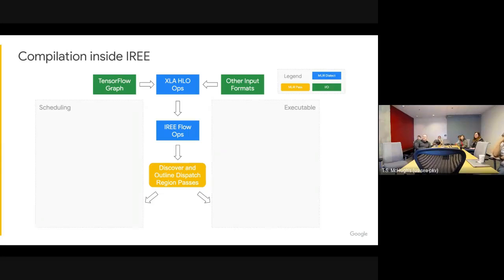And so now the same thing with rectangles. So again, we're starting with getting to HLO as our core ingestion. And the first thing we do is we want to split the work as we're going through it into the scheduling domain and the execution domain. And the execution domain usually just means the dense math ops. So this is in the HLO set. It's like add and mul and dot and convolution and things like that. And the scheduling ops are things like transfers. So that might be gather or scatter update or something like that.